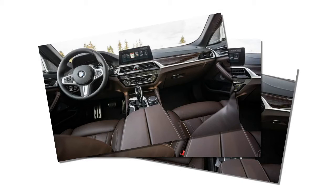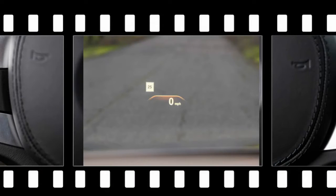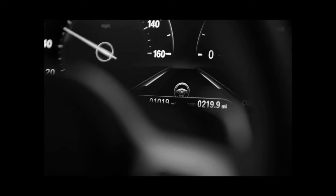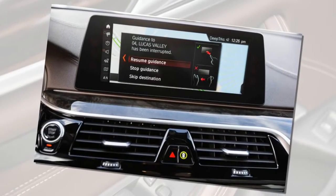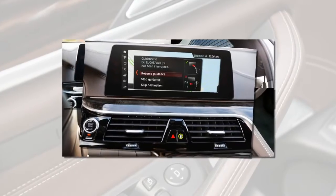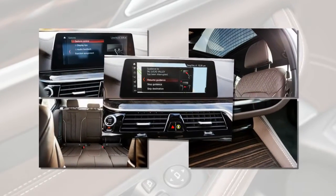Also helping matters with our example's optional $2,600 M Sport package with its upsized 19-inch wheels and tires and lowered ride height, along with blackout exterior trim, a sport steering wheel, an aero body kit, and aluminum interior trim. Our car also was equipped with BMW's latest integral active steering system, $1,150, which combines a variable ratio steering rack with speed-dependent electric assistance and rear-wheel steering. As we noted in our 540i first drive, IAS now has a more linear and natural feeling, a boon to